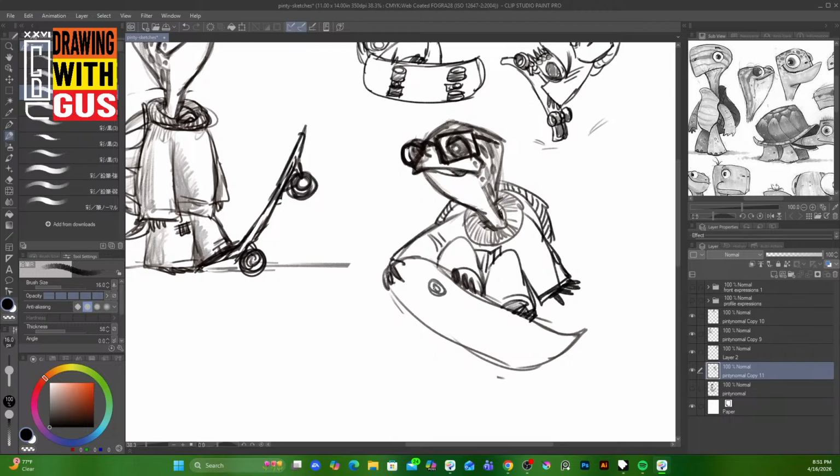Why are we doing this library of poses? Because if something happened, you need very diverse poses. For this guy doing skateboarding, and by the way,